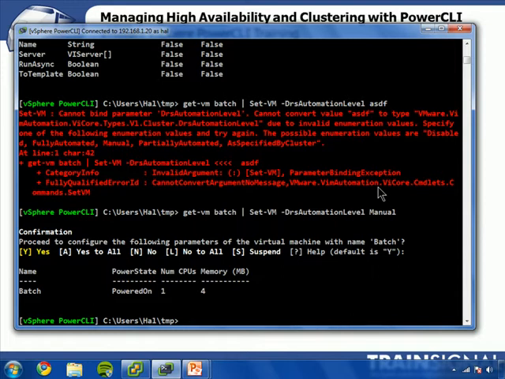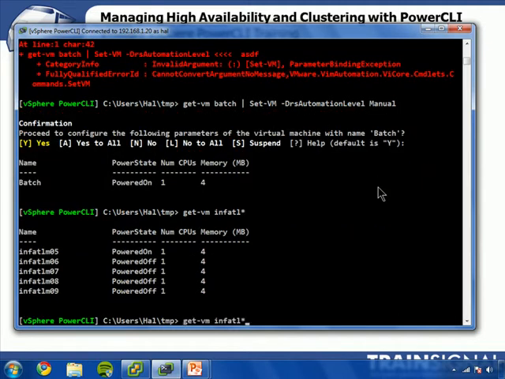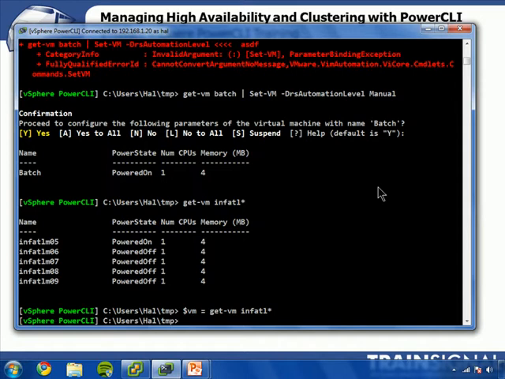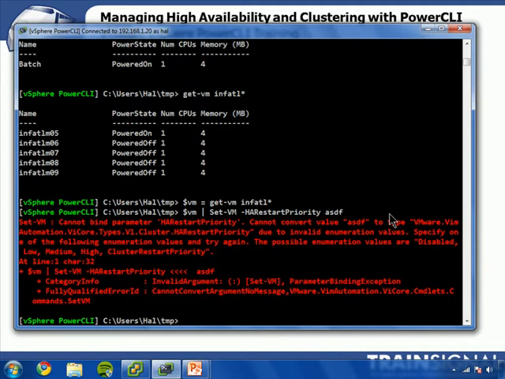So what we're going to do is start with Get-VM inf.atl asterisk, and then pipe that to Set-VM, HA restart priority, and I don't remember what this one's set to. I think it takes numbers, but let's see what it says. So this is actually set to disabled, low, medium, high, or cluster restart priority. Cluster restart priority is basically saying I don't want to override anything. I want to set it to whatever the cluster is set to. But in my case, I want to set them to high. So let's do that here